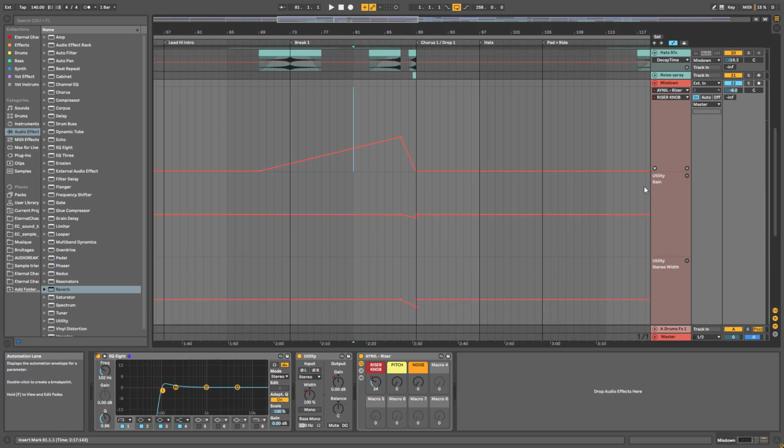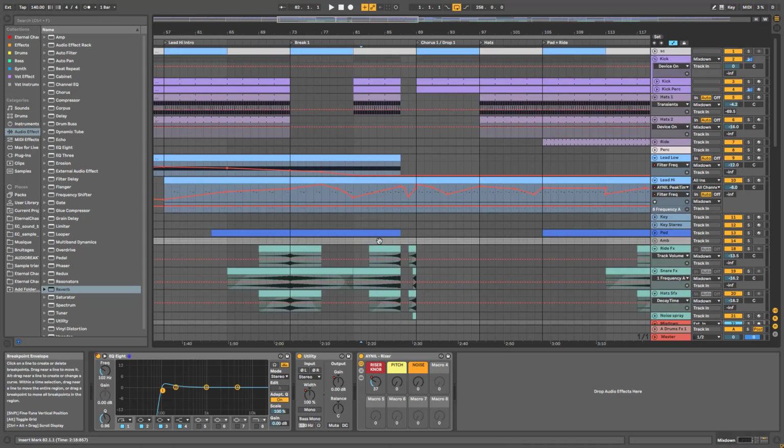And the other thing I've done, I play with the utility gain and the stereo width. Just before the drop, I've reduced the stereo width to make it more mono, and I bring down the gain a little bit to make it quieter. That way, when it drops, everything is full gain and full stereo, and you go from something a bit mono and lower in volume to something fully stereo and full of volume. It gives more impact and more dynamics to your sound, because you go from something quieter to something super loud. And that's it for